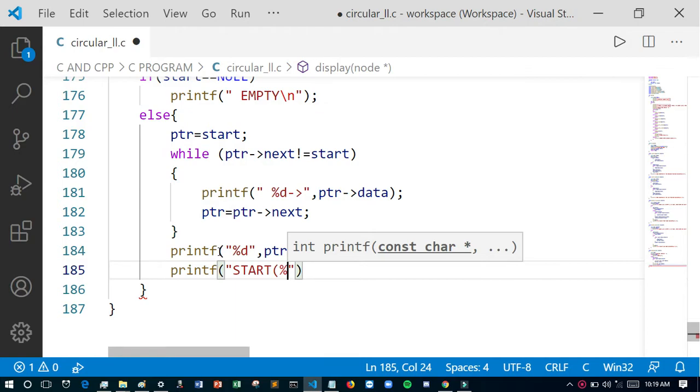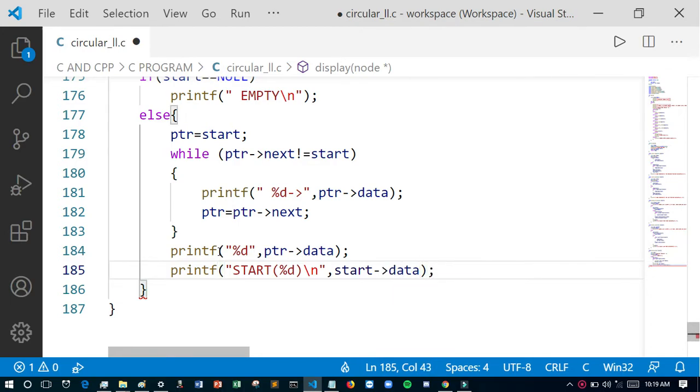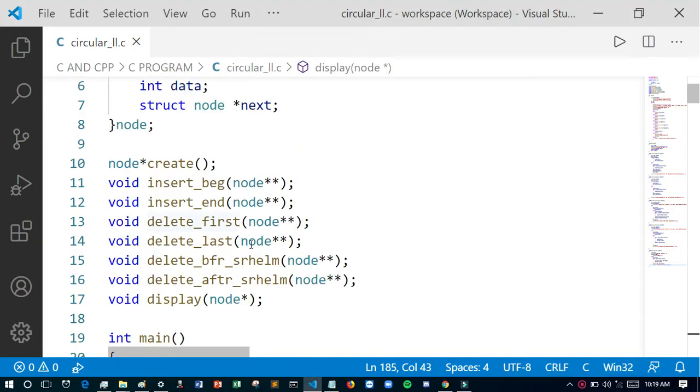So %d \n, then start data. So we have done 5 functions: insert begin, insert end, delete first, delete last, display.